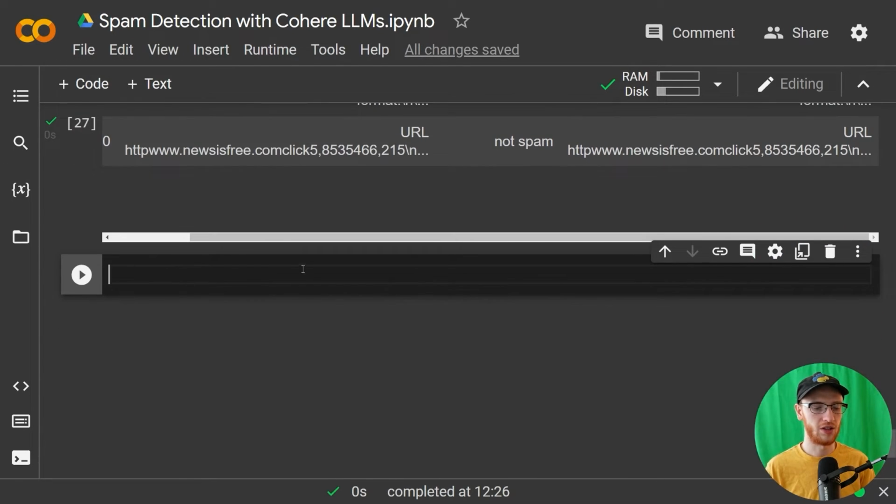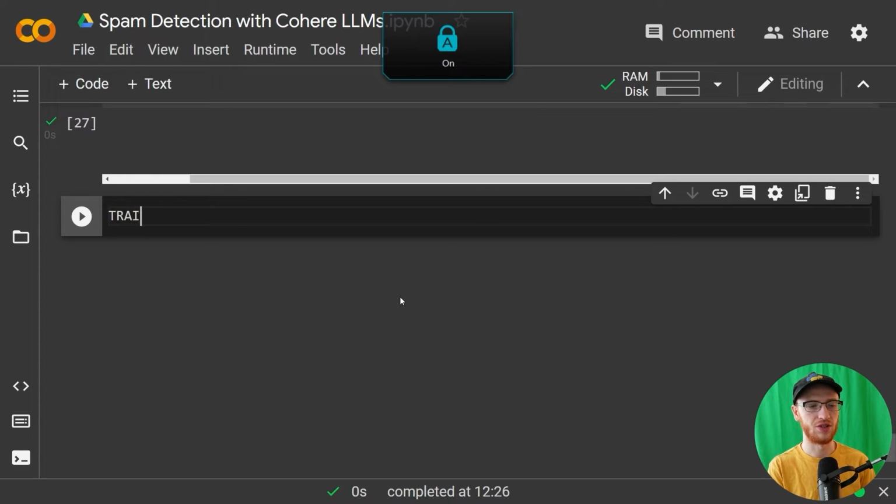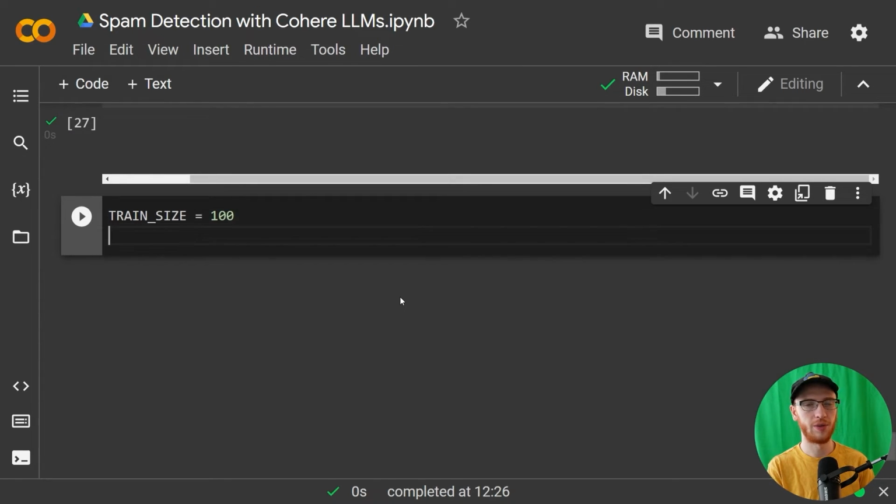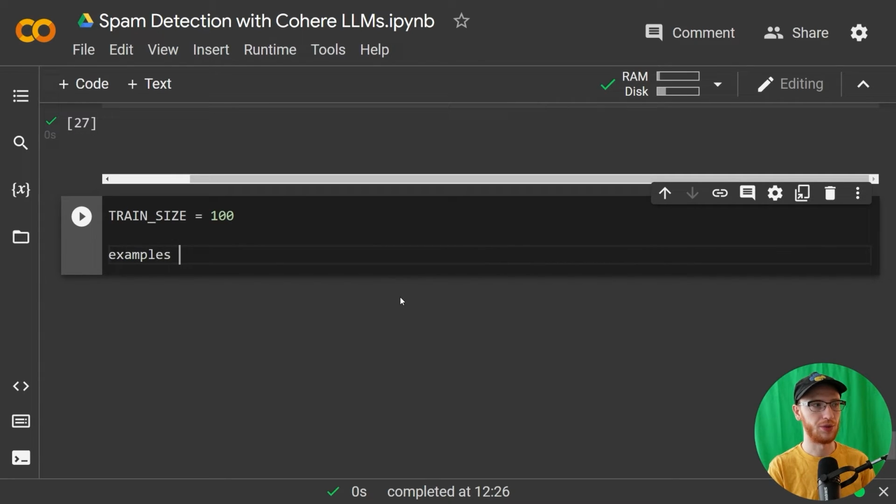Okay, so we'll set this parameter, and we'll change it later to see how it affects the model. Train size is equal to 100. That's saying take the first 100 rows of the data and make examples out of that to train the model. And then we'll do examples is equal to the list. This just automatically generates the examples. Example of message and label for message